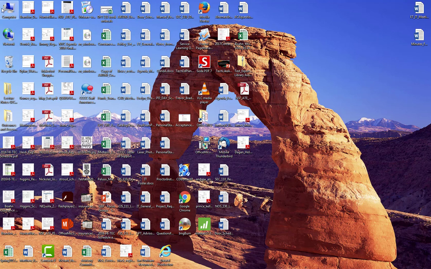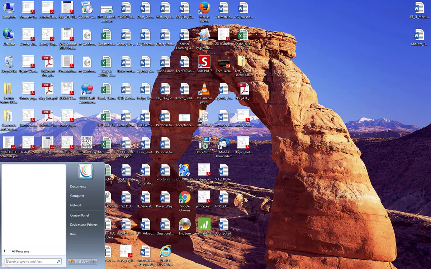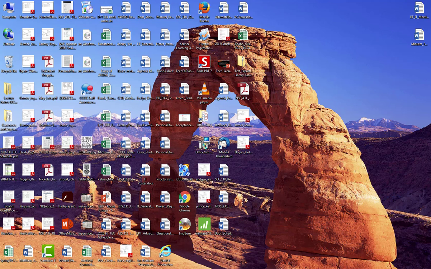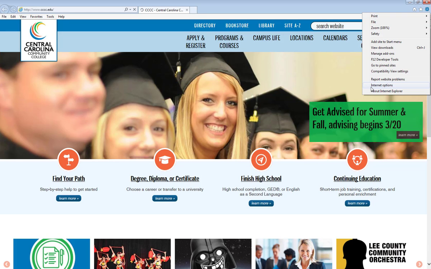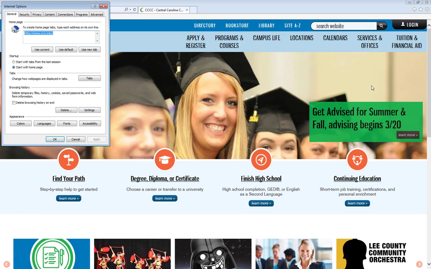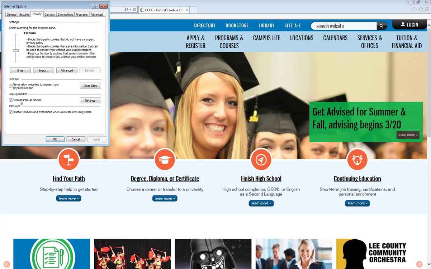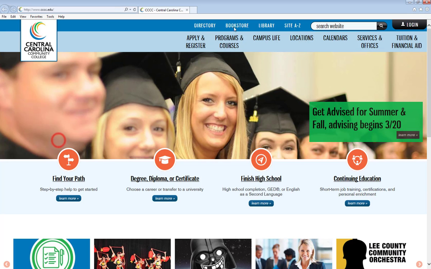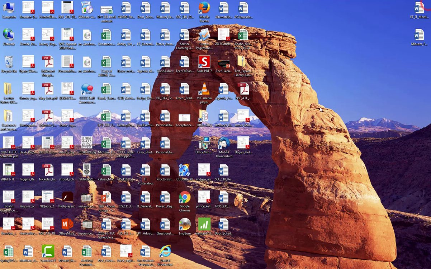Okay, last we're going to go to Internet Explorer, which I don't even keep on my desktop. So here we are, we're opening it up, going to the gear, and going into Internet Options. Under here, we're going to go to privacy, and then uncheck that turn on pop-up blocker box. It was actually on in Internet Explorer, which is the only one of these three that I actually had on. Okay,